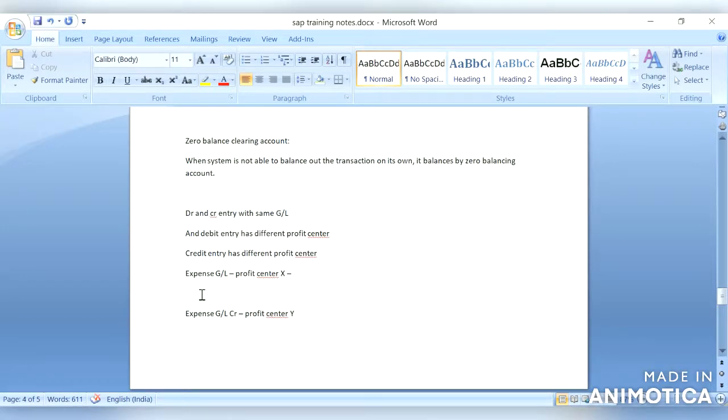So what will the system do? It will create zero balance clearing account.